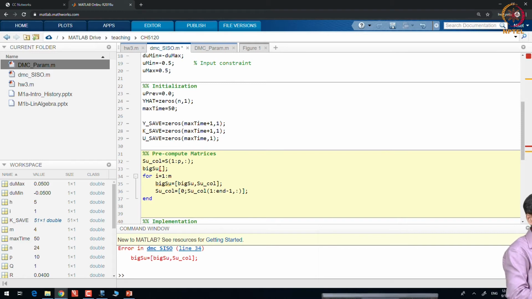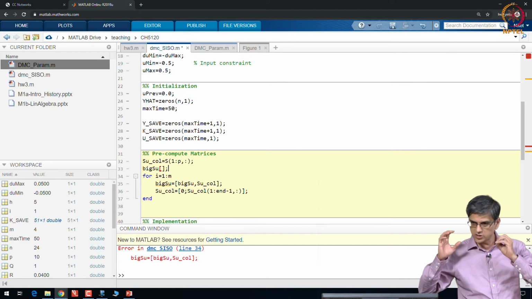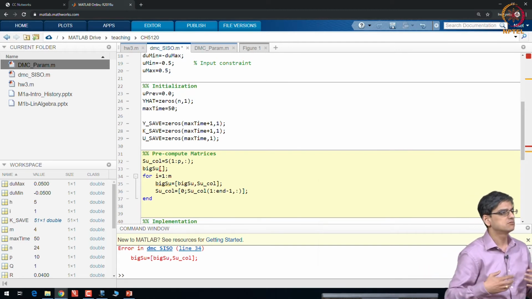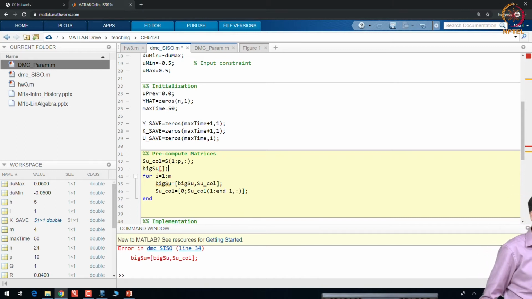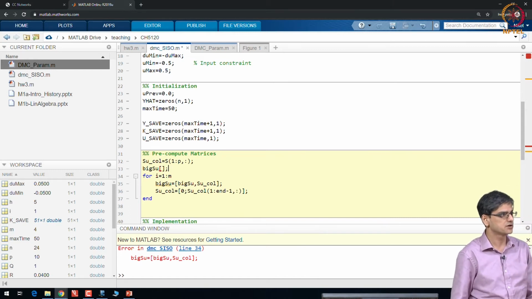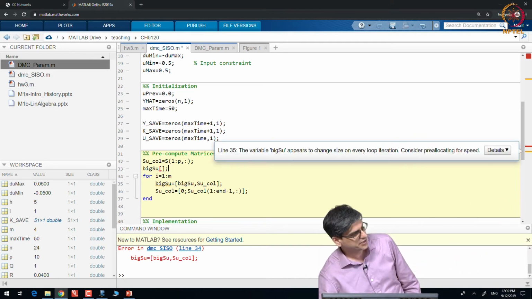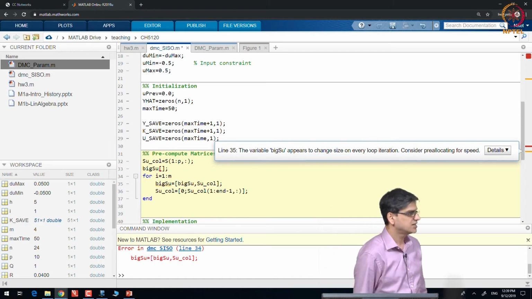So, this becomes a very inefficient way of coding. For this course this is actually fine, but when you are in an organization, an R&D organization where you are doing all of this, whenever you write a code like this, you will have these orange bars that will come over here, and that will actually say what that warning is.